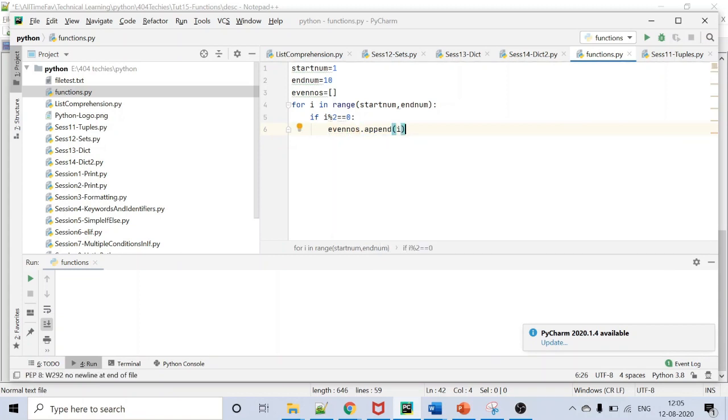And outside the for loop I'm going to print that list.